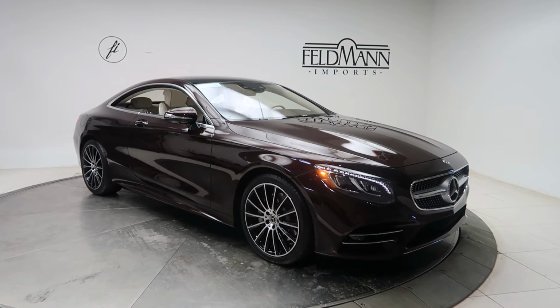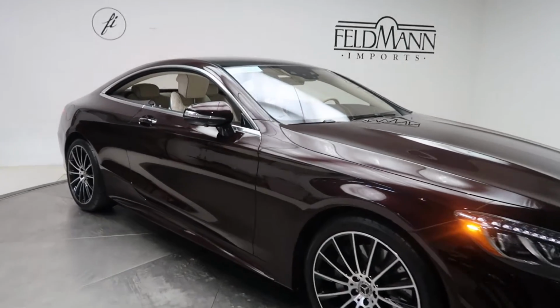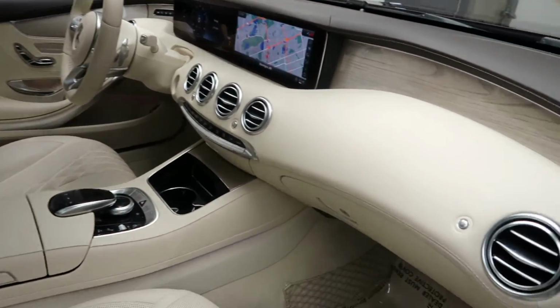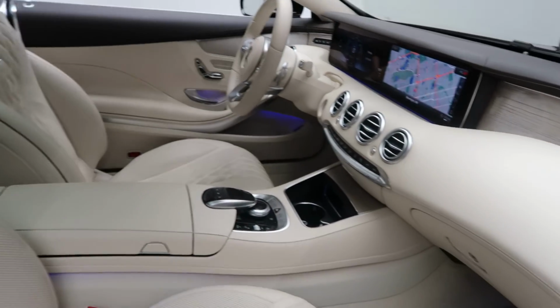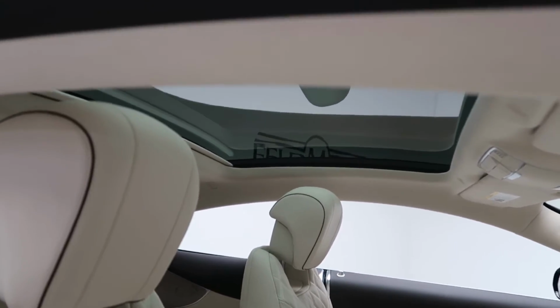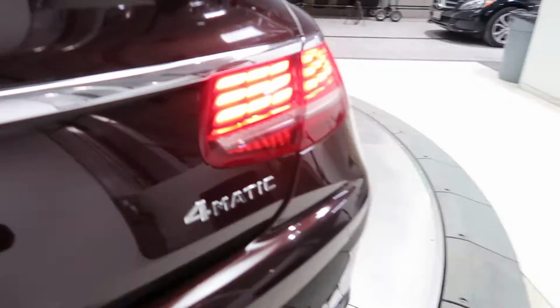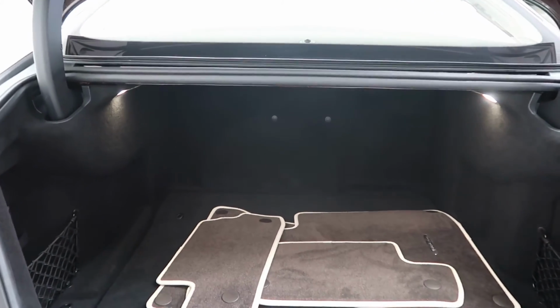This one has 20-inch multi-spoke AMG wheels, diamond style grille, elegant high gloss light brown sunwood trim with a Designo porcelain espresso brown exclusive Napa leather interior, porcelain Dynamica headliner, panorama sunroof, S560 4MATIC badging, power liftgate, a clean set of floor mats,